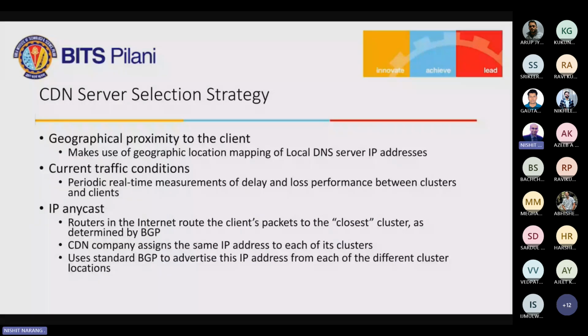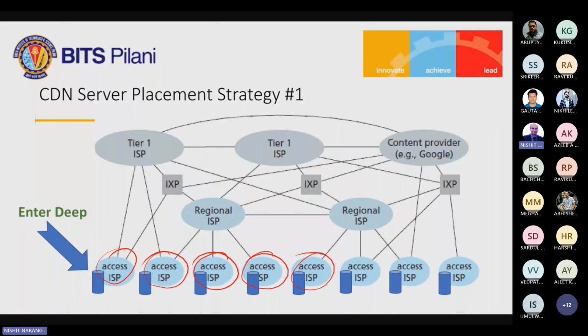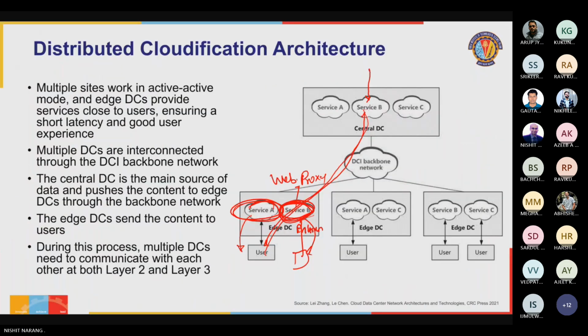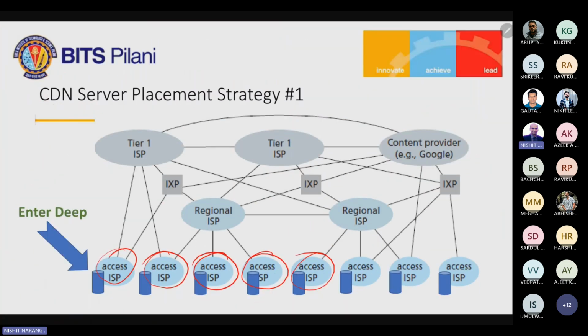Now, once you've placed your servers, you've set something up which looks like this. You have a central data center, you have multiple edge data centers set up. Some of these edge data centers are enter deep, some of them are bring home, but they are all not central, but secondary data centers that I've set up. And the backbone which connects all of them is the internet. In AWS's case, it will be a private network that they have. But in other cases, it could be the internet. So now that I've set up my multi-site data center,